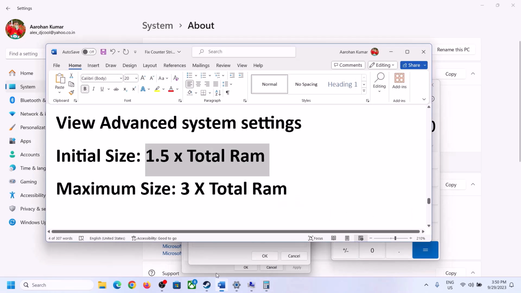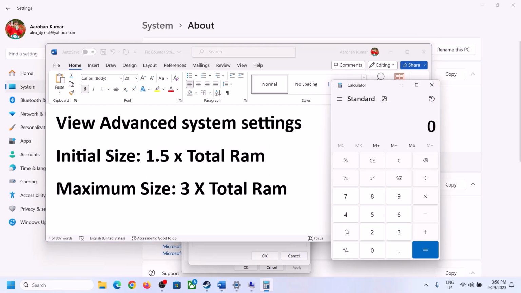it's 1.5 times total RAM. Total RAM in my case is 16 GB. So 16 times 1024, because 1 GB is equal to 1024 megabytes. So 16 GB in megabytes will be 16384. This is my total RAM in megabytes. Now 1.5 times total RAM, that is times 1.5. So in my case initial size is